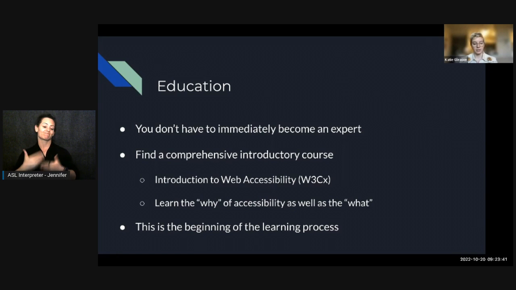So I really benefited from learning the whys of accessibility through this course, because it not only helped me better explain solutions and situations to my team, but then also later on down the line, when I'm presenting designs outside of the team, it helps give a good reason for accessibility besides just this is the right thing to do or this is the right way to do it. Neither of which are really strong arguments in and of themselves.